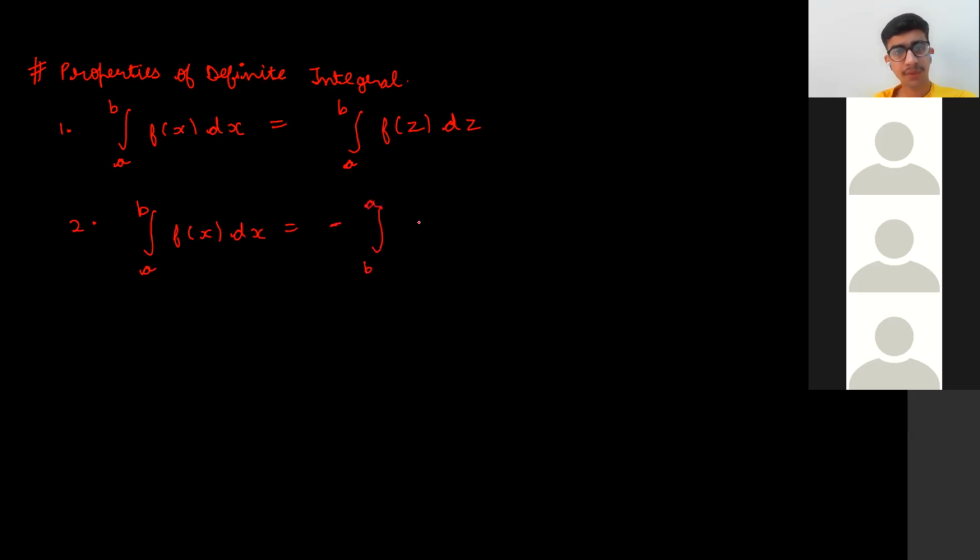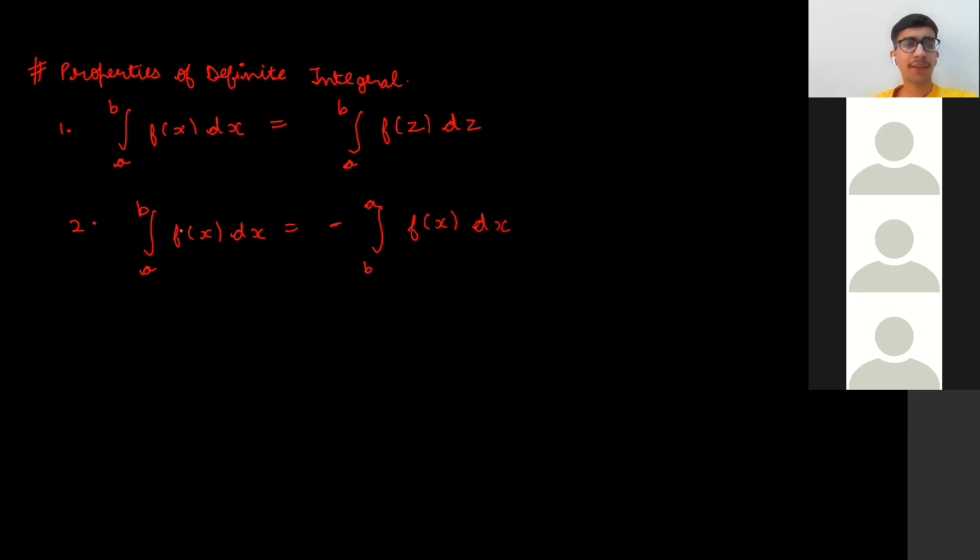So the first property is integration a to b f of x dx is same as integration a to b f of z dz or any variable, right? So basically if you change the variable and you calculate the integral with the same limits, the integral will remain the same. The second is integration a to b fx dx is equal to negative of integration of b to a fx dx,